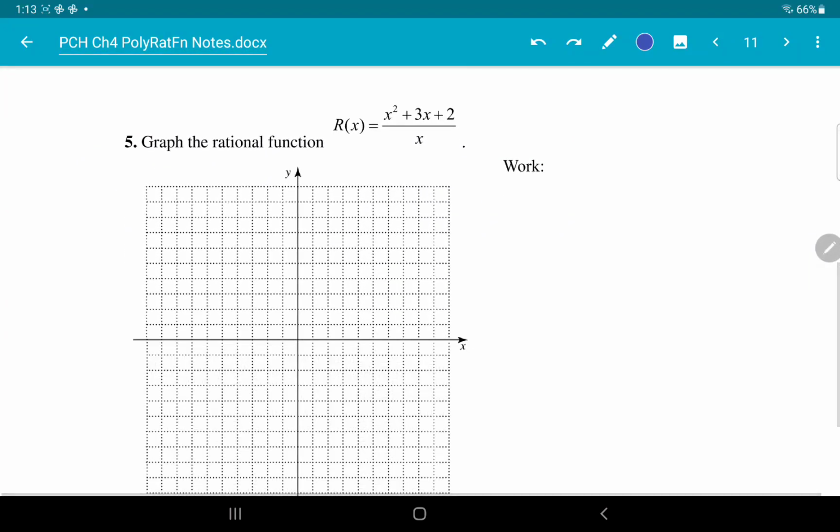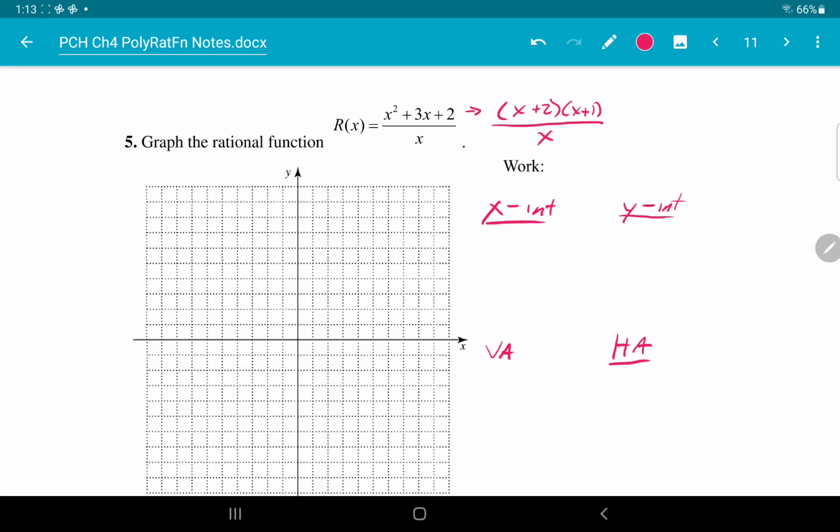Example 5, let's do this one now. So as we take a look at the function, again, we'll just break things up. We see that the top, being a trinomial, can factor out to x plus 2 and x plus 1. And the bottom will just be x. Okay, so as we take a look at the parts, let's go ahead and label x-intercepts, y-intercepts, vertical asymptotes,